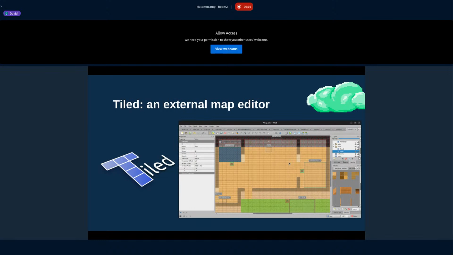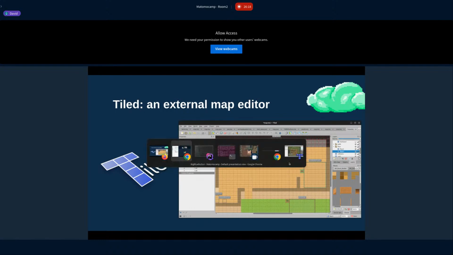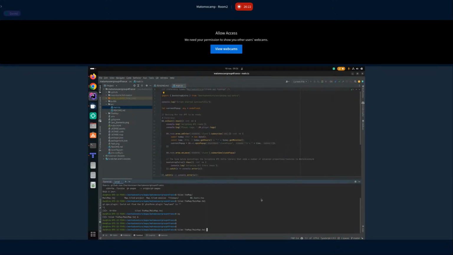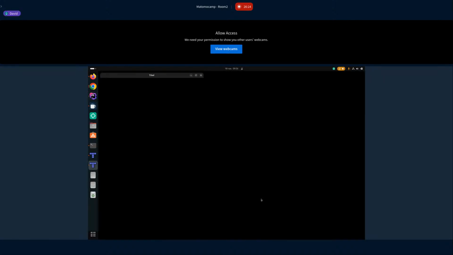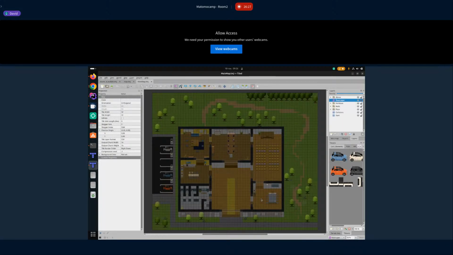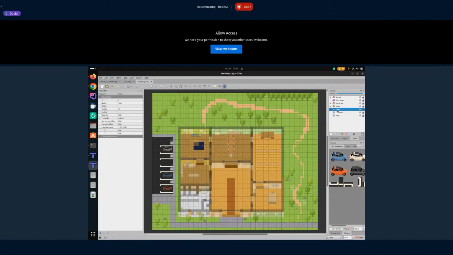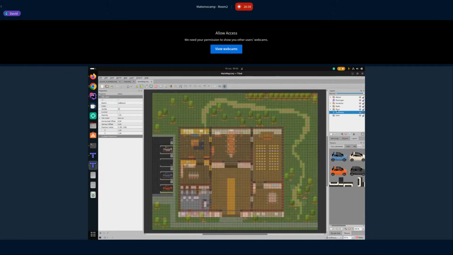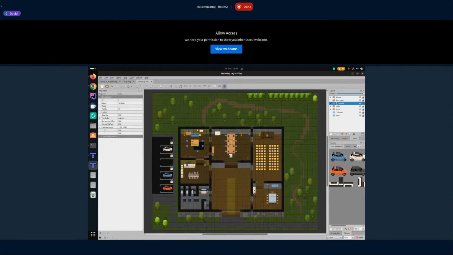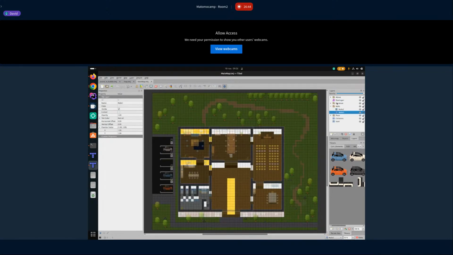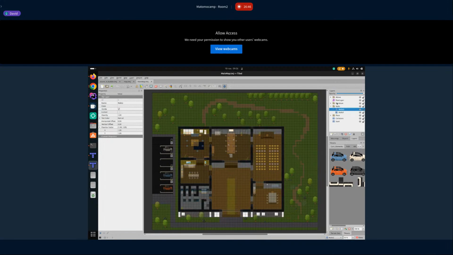So Tiled, it's basically an external map editor. I'll show you very quickly how it works. And for this, I'm going to load the map that Ronan showed you 10 minutes ago. So you can see that it works just like Photoshop, actually. You have a number of layers here, and you see I can highlight the layers I'm selecting.